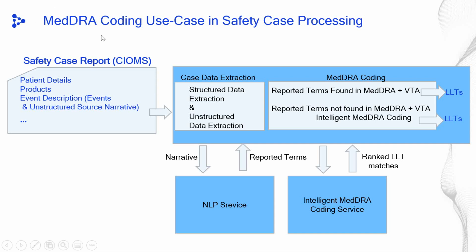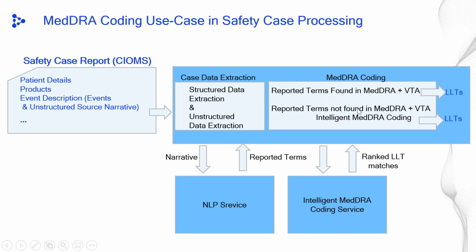product that doesn't have AI/ML incorporated uses MedDRA search as well as the synonym search, what's called the VTA, verbatim term archive. So we search for the reported terms in MedDRA as well as the synonym lists. And if it is not found there, it's tough luck. You can't auto code. They will be sent for manual coding.